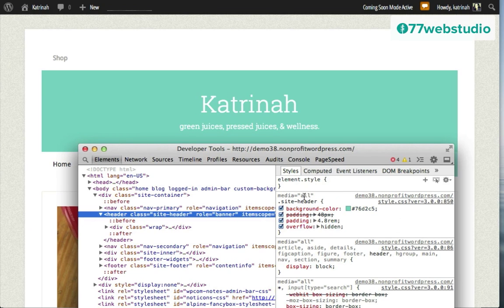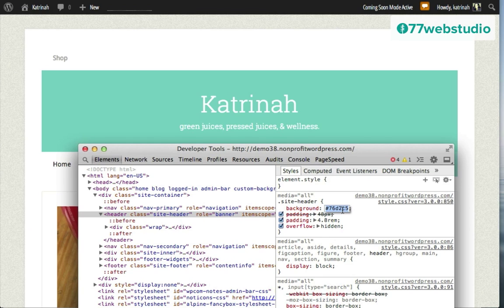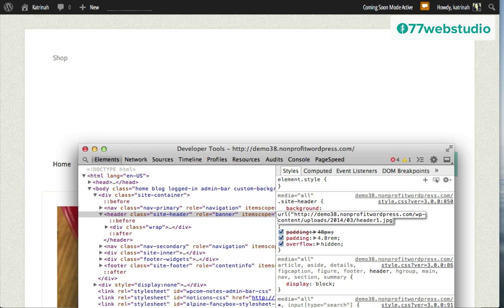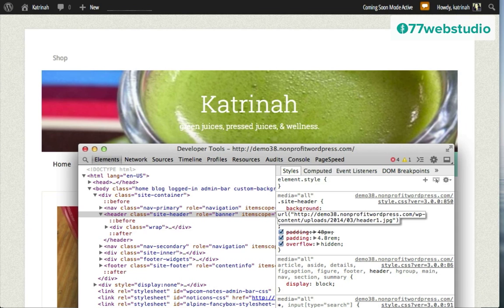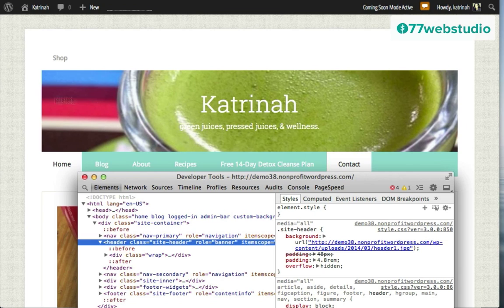On the right-hand side, we can see that the CSS code is .site-header, and we can also see the palette color here, this emerald color for the background color. So I want to replace this color with an image, so I'm going to click on background here, and I'm going to remove the color part of the actual code, and I'm just going to leave it as background. Then instead of having this color, I'm going to replace that with an image by adding the image right here. And no worries if you can't see this, I'll be sure to add this in the video so you can see it a little bit better. And there we go. So we can see that I just replaced the emerald color with this new background.